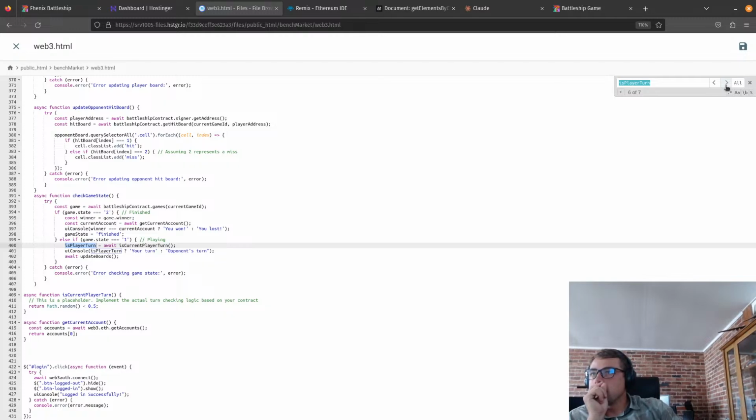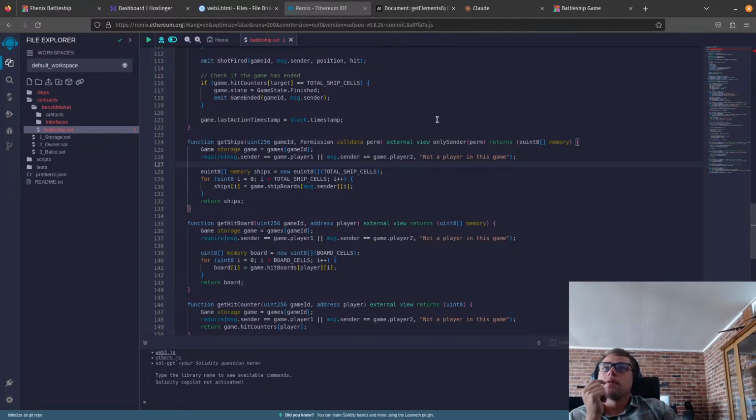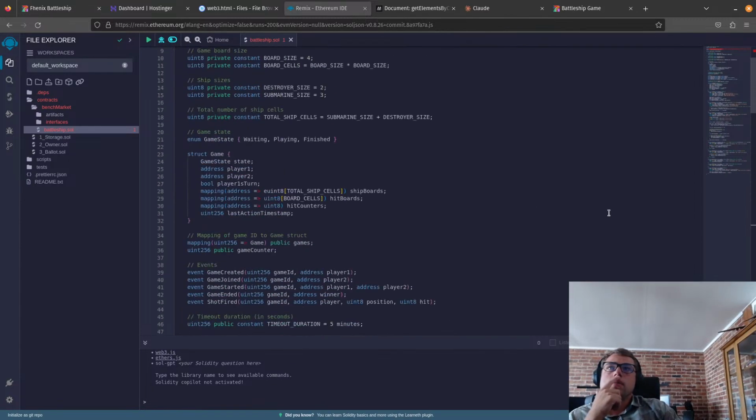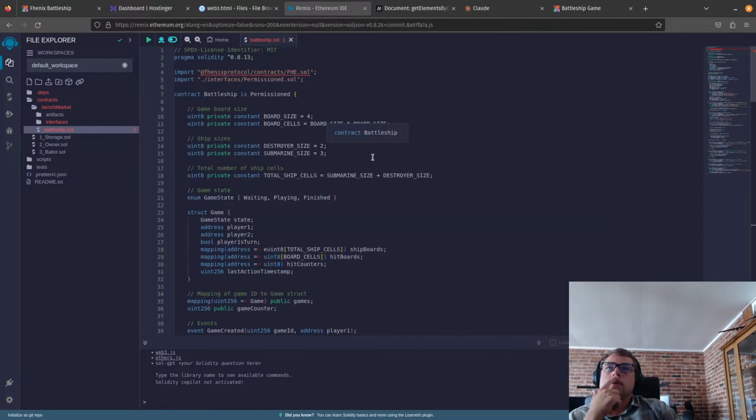Wait, is current player turn? It's a placeholder. Huh. Okay, async function is current player turn. So we're just randomly doing that. Okay, so instead of that, what we're gonna do is,